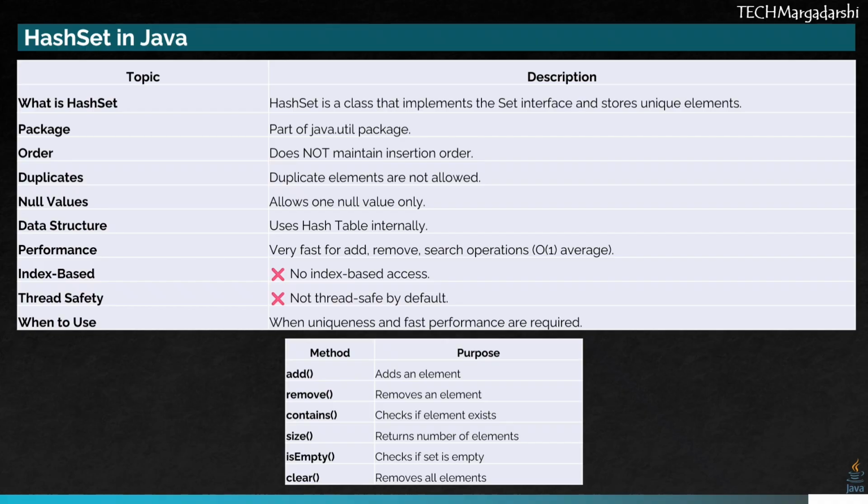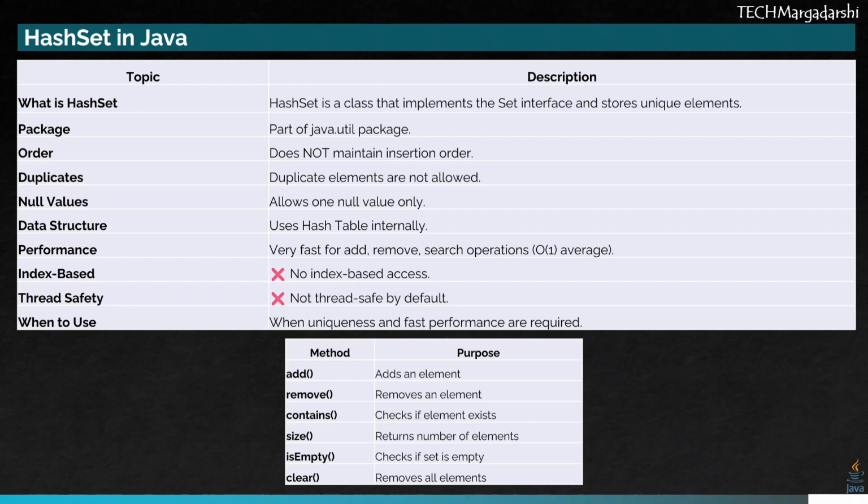Internally, HashSet uses a hash table data structure, which makes operations like add, remove, and search very fast, usually in constant time. HashSet does not support index-based access like list, and it is not thread safe by default. We generally use HashSet when we need uniqueness along with high performance, such as storing unique IDs, email addresses, or